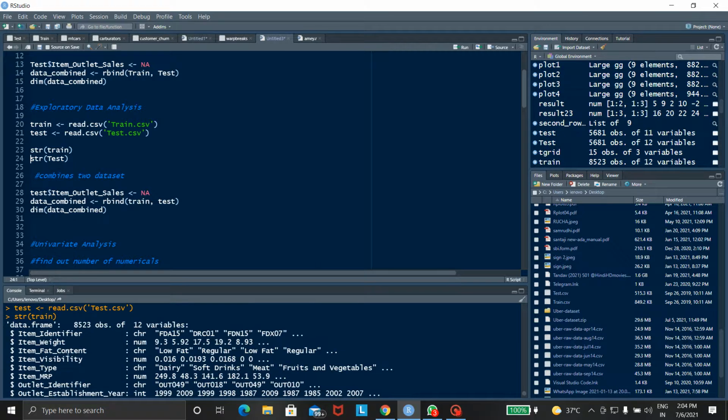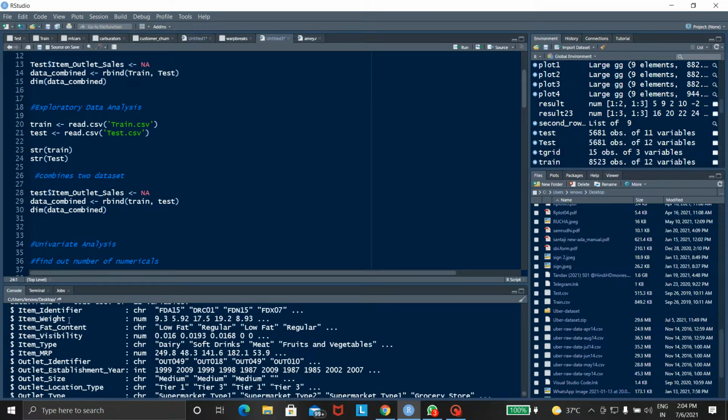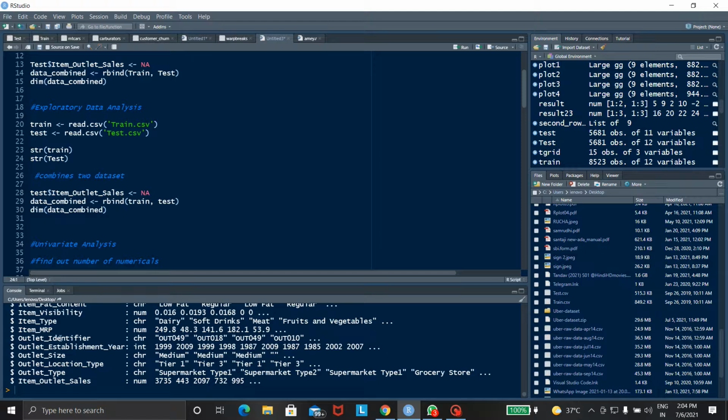We see the output is a data frame. There are 8,530 observations and 12 variables. The 12 variables are item identifier, weight, fat content, item visibility, item type, item MRP, outlet identifier, establishment year, outlet size, location type, and item outlet sales. These components are used in this dataset.